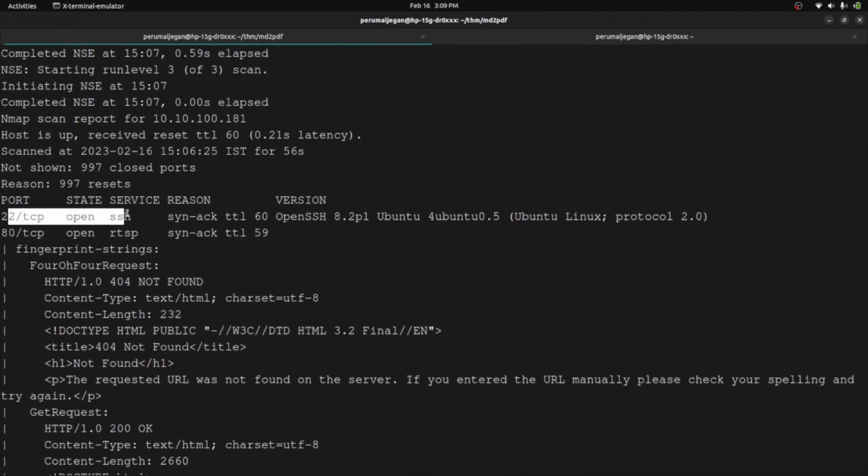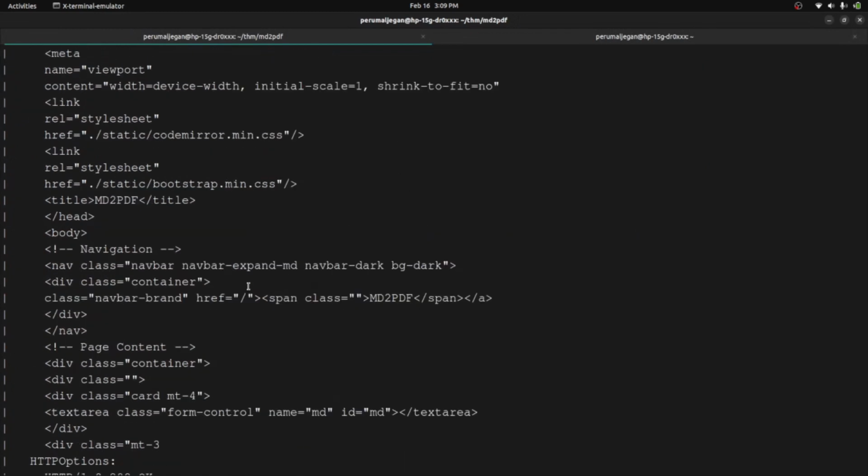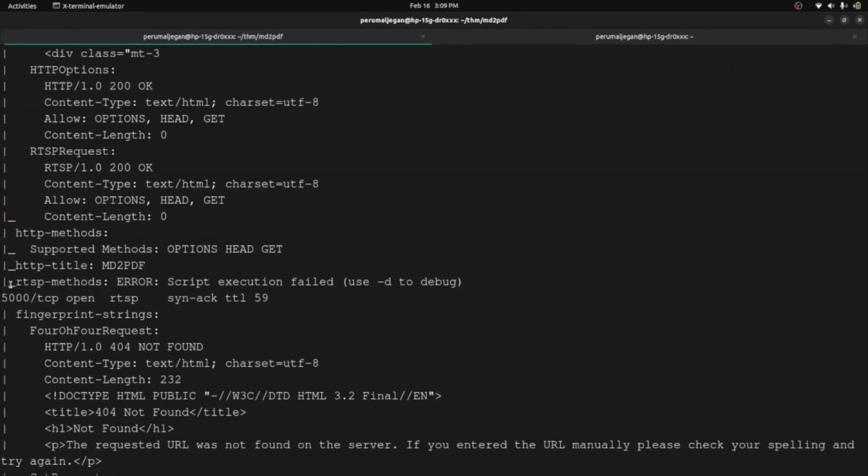Yeah, as expected, port 22 is hosting the SSH service, and look at the version. It is OpenSSH, and it's an Ubuntu machine. The next one is port 80, and we have already explored this. So this is the page content running on port 80, and scrolling down further, I can see the next one,